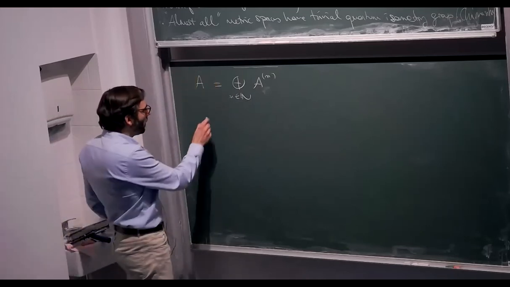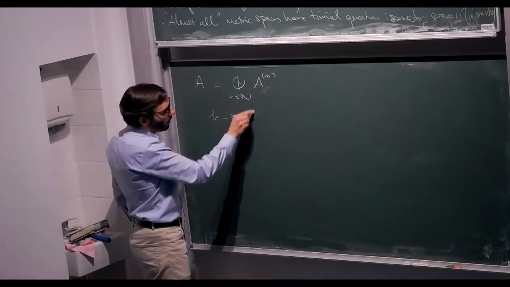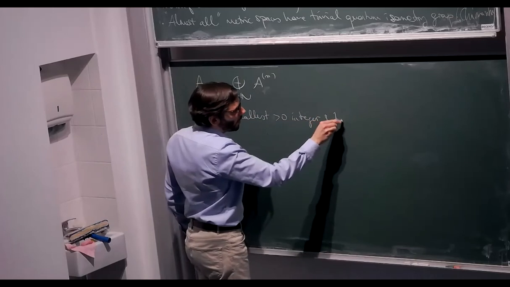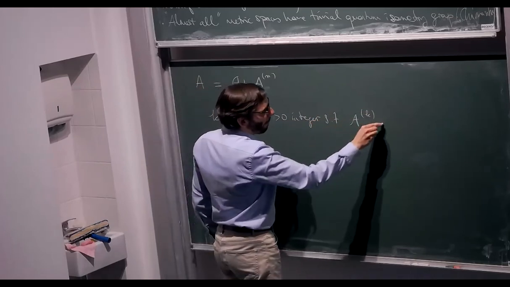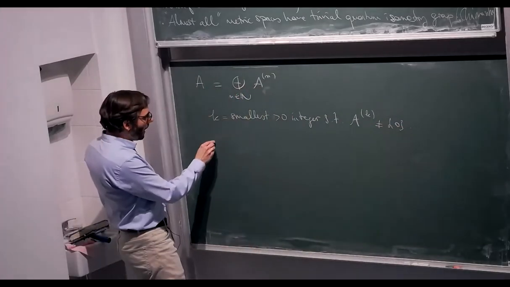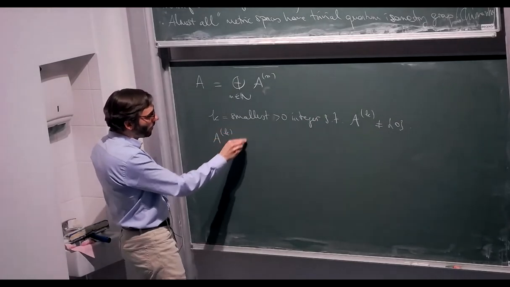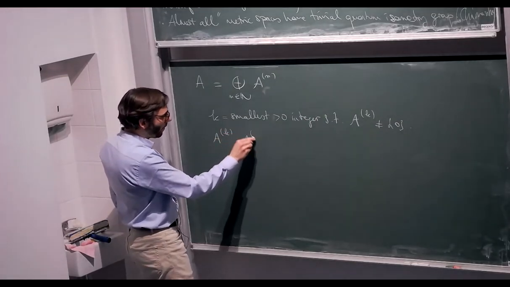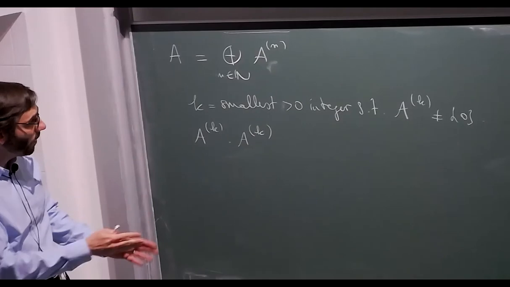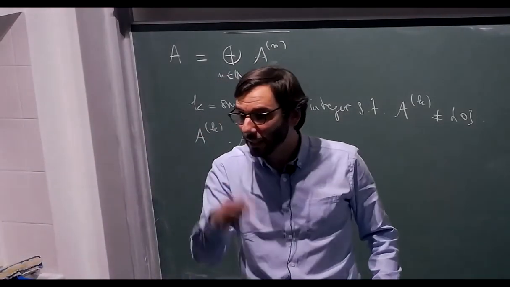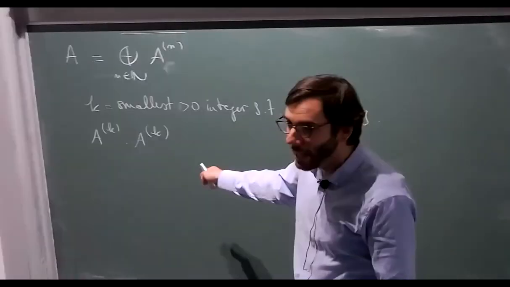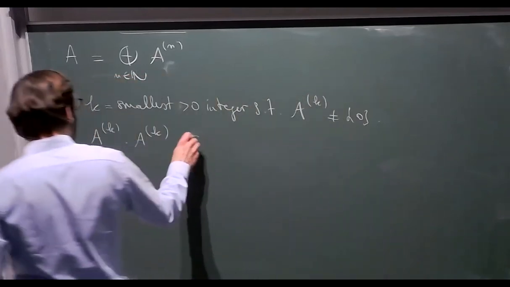Okay, and now let k be the smallest strictly positive integer such that A_k is not 0. And what happens when you take an element in A_k and you multiply it with another element in A_k? Well, you get a sum, but each term of the sum will be given by one of these projections, P_{n,k,k}. But they are all sent to 0 by the functor, which means there's no component for any n greater than or equal to 2. So this must be contained in A_0